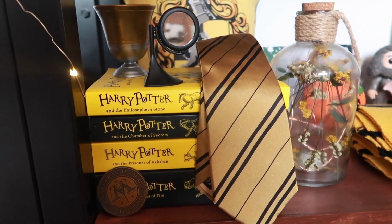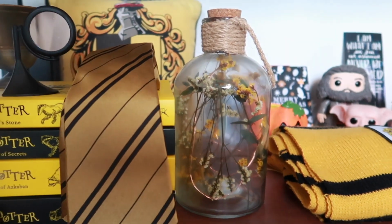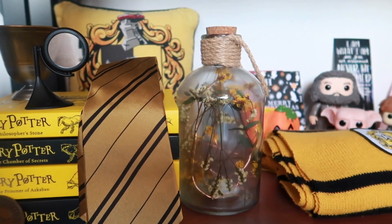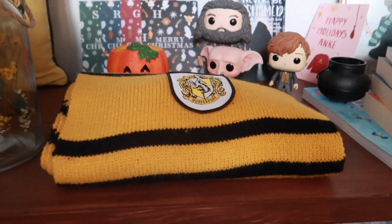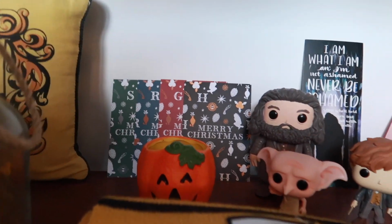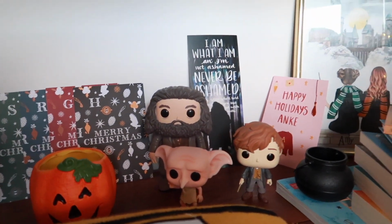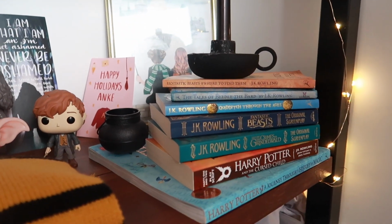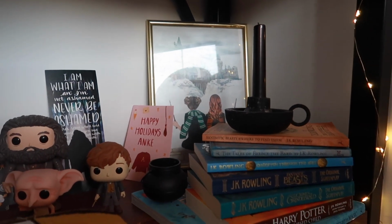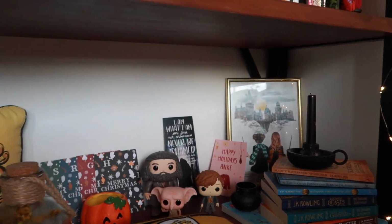Then I have the tie and just some little extra items over here. I have this cute jar which was gifted to me, and I felt like it had such Hufflepuff vibes that it needed to make an appearance on my shelf. I have my house scarf. I have some Christmas cards back there. I have a little pumpkin because it reminded me of Hagrid's pumpkin patch. I have some more Funkos and some of the extra books. I have a little candle, and back there I have some artwork that I had made a few years ago. So yeah,